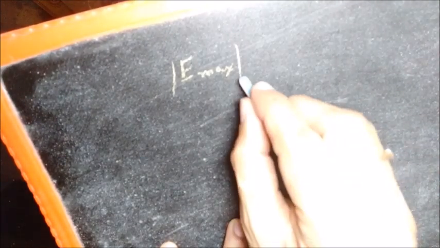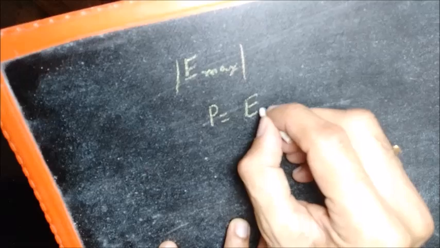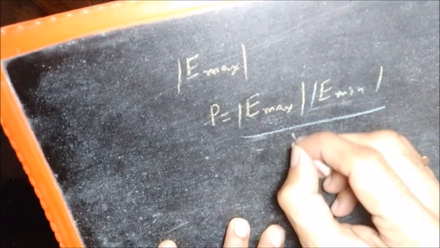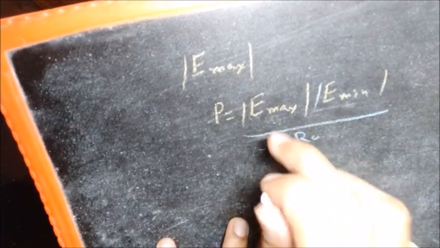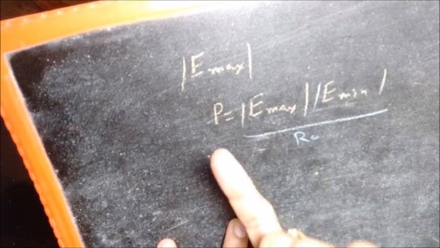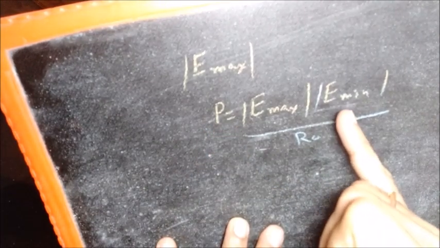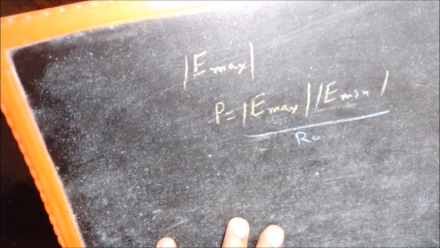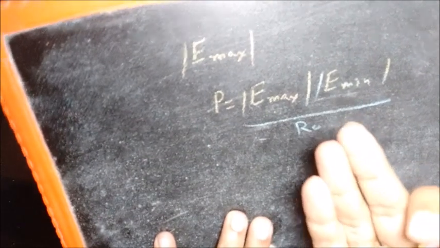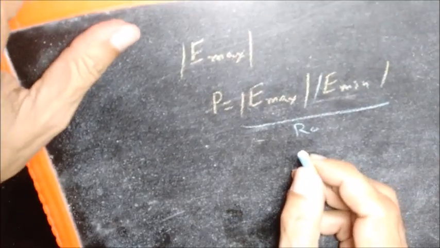Due to some reasons, you can have an Emax cap on a transmission line, which means that since the power carried by a transmission line is Emax magnitude E min divided by R naught, Emax is limited. Since Emax is limited and R naught is a constant of the transmission line, the power carried by a transmission line can be maximized only if E min is made equal to Emax. That is the only way you can make the power carried by a transmission line which has a cap on Emax, the maximum. And this can happen.